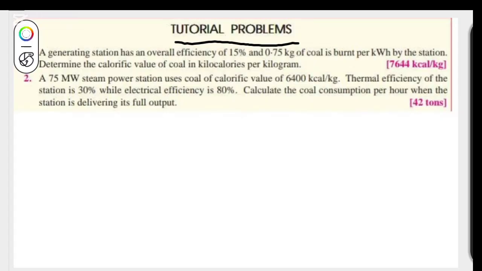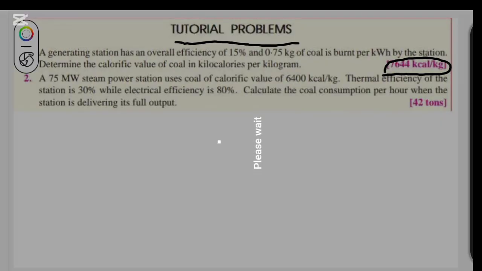So now the first question says, a generating station has an overall efficiency of 15% and 0.75 kg of coal is burned per kilowatt hour. We are to determine the calorific value of coal in kilocalories per kg. This is the final solution of the problem, so we are going to see whether it is the correct answer. The first thing that I am going to do is use the